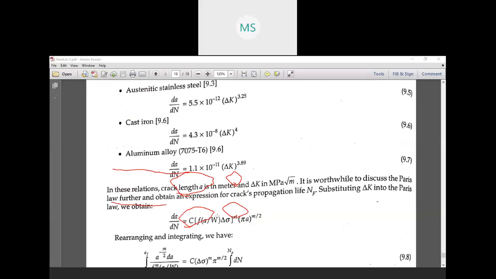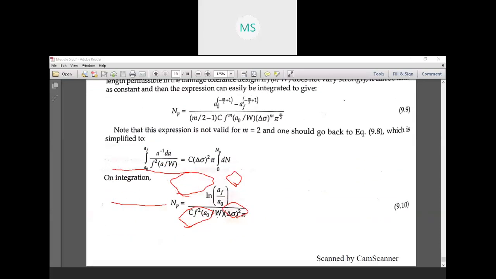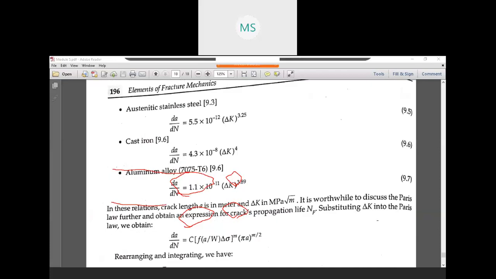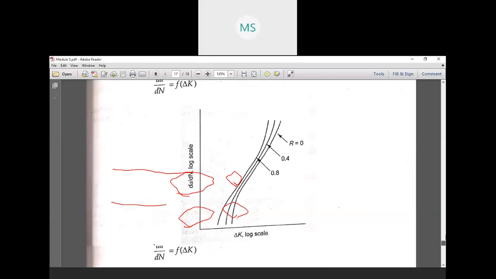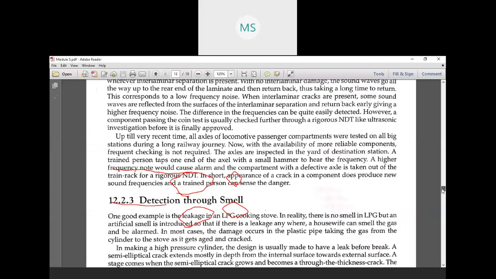Now, all the rest, if you want to discuss in detail, we have already done in chapter 3. Still, if you want to go through it, you can work with it. Just go back to chapter 3 and you will come to know. So again, a quick revision of what we have done for this period.